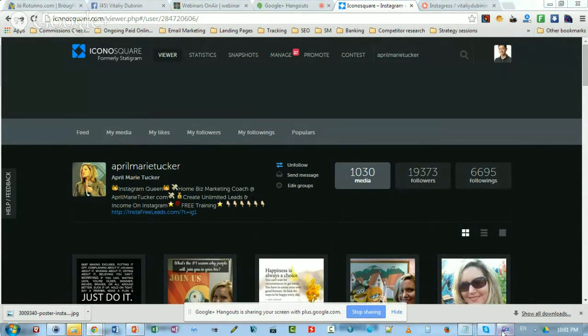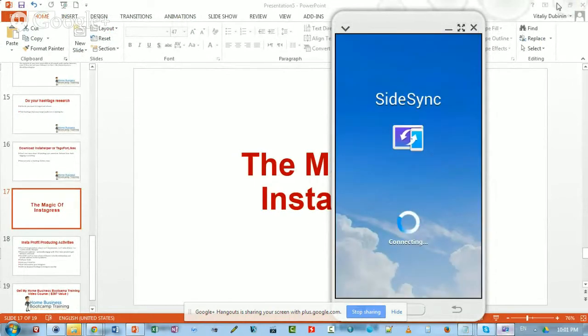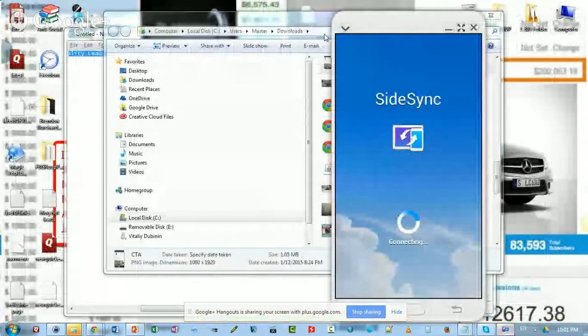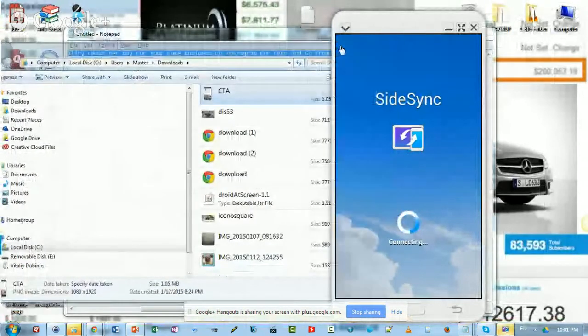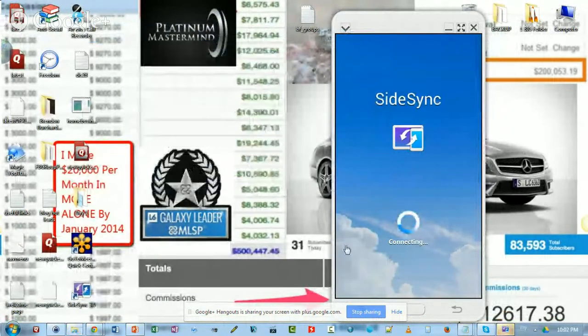And once again, the technology is not with me today. For some reason, it's not working. I wanted to show you. Maybe this time. If it's not going to work, then maybe we'll reschedule the webinar, because I really wanted to show you how my phone works. It was working at the beginning. That's the funny part.